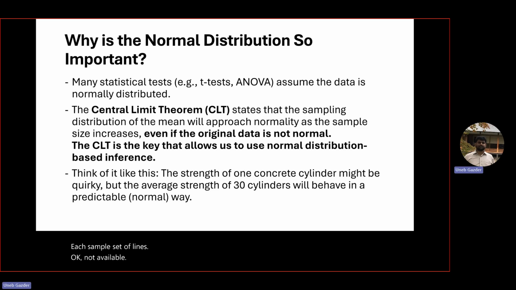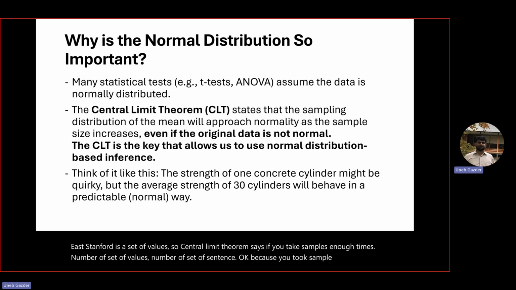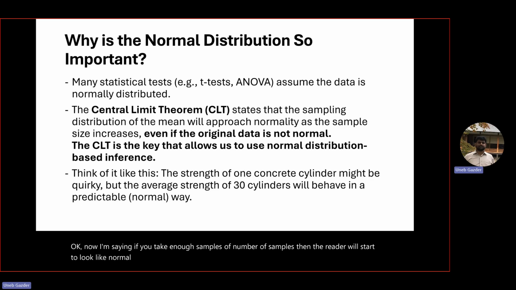So central limit theorem says if you take samples enough times, number of sets of values, number of sets of samples, because you took a sample now, this is one sample. If you take enough samples, then the data will start to look like normal distribution. And the inferences which we are making,